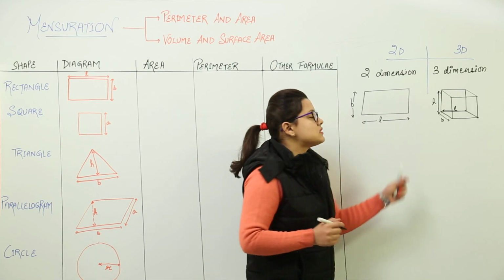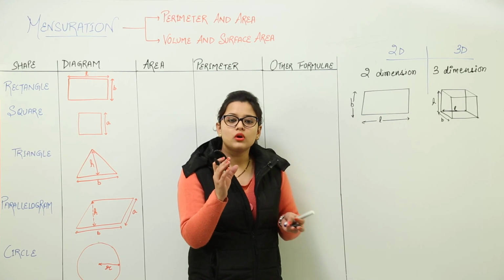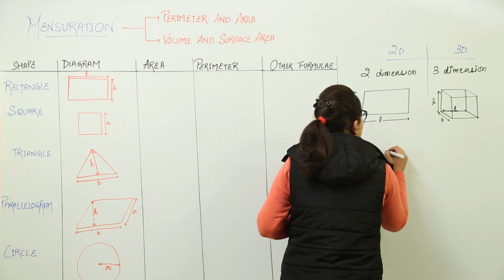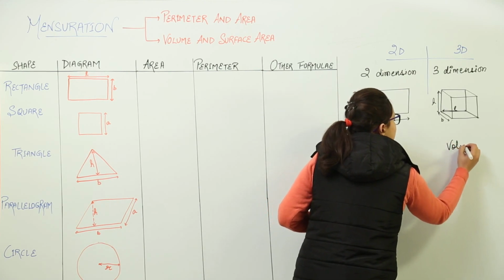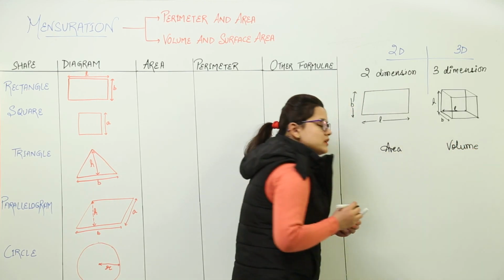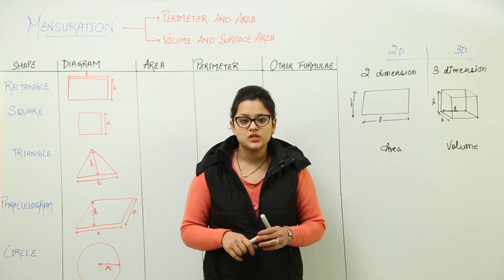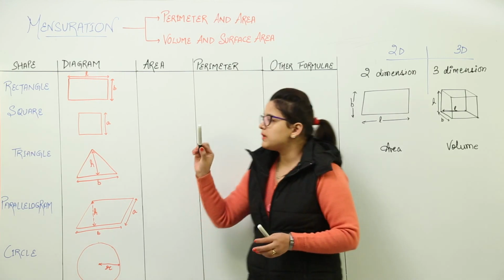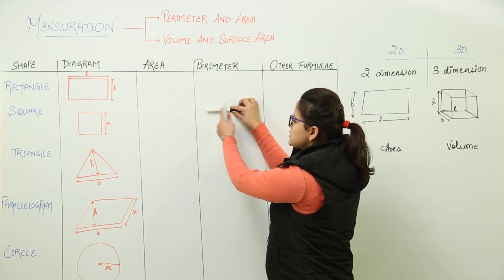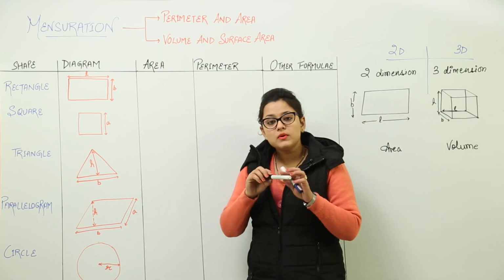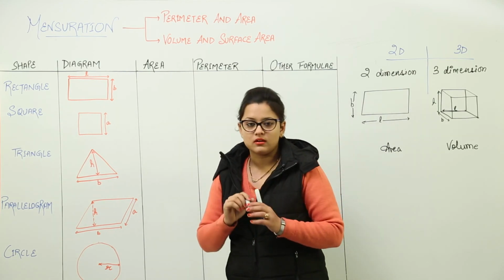Now one more difference. Two dimensions can have only areas. See, area is what? What is the difference between area and volume? Area is a surface phenomenon, right? What do I mean by that? It means area is actually the space covered by any object. For example, if I am going to place this marker on the board over here, how much area is this marker covering? That is, how much space is the marker covering? That is known as the area, right?